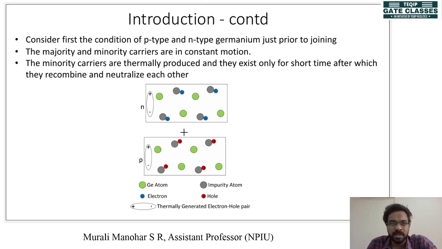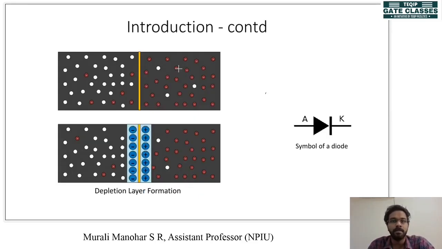Before adding impurities, there were some charge carriers, as I have already said, because of temperature. There were some charge carriers in this intrinsic semiconductor. They were of very short life, and these are called minority charge carriers. These majority charge carriers and minority charge carriers are in constant motion. Now we are combining p-type material and n-type material, and the above figure shows the combination. We have a p-type material here with its large number of free holes, and n-type material here with its large number of free electrons.